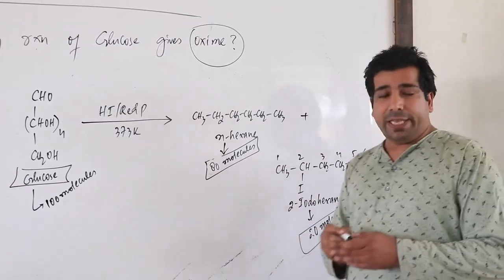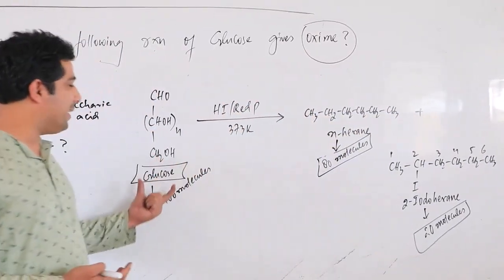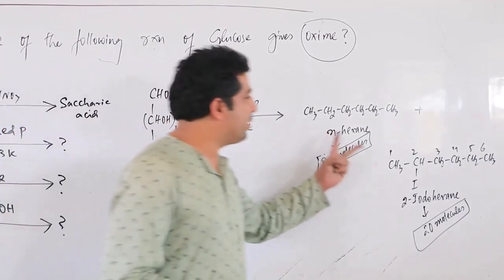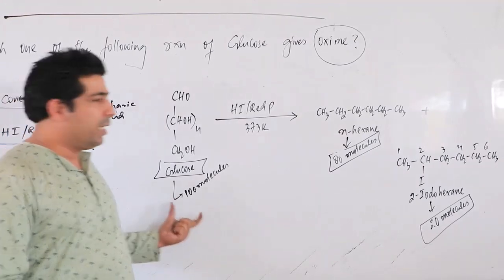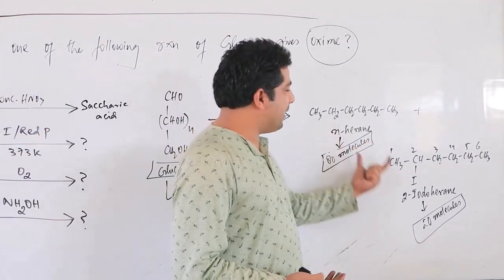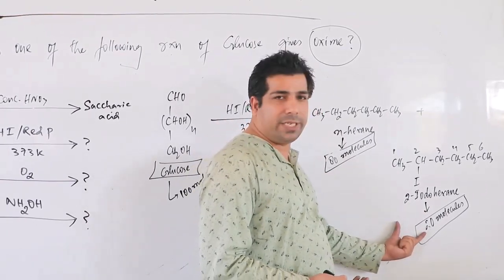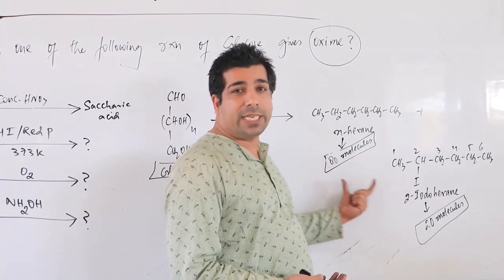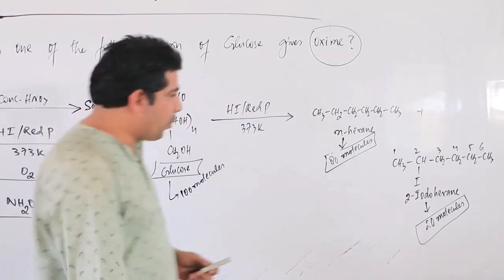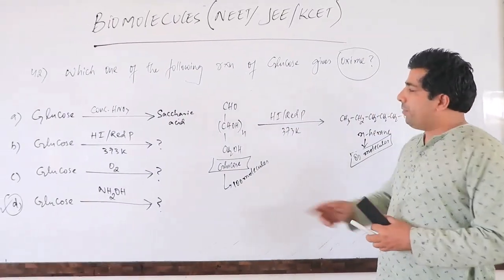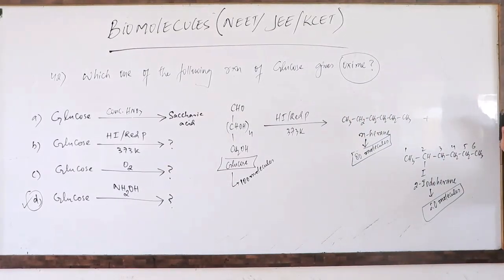That means when any substance gives you two products here, you should not think that this is only one substance and I am getting two substances here. No, not like that. If this is 100 molecules here, and you are getting a mixture of n-hexane and 2-iodohexane, understand that if this is 80 molecules, this has to be 20. If this is 95 molecules, it has to be 5 only. I hope you have understood, my dear friends. That was the second point. So here our products will be n-hexane and 2-iodohexane. Please focus here.